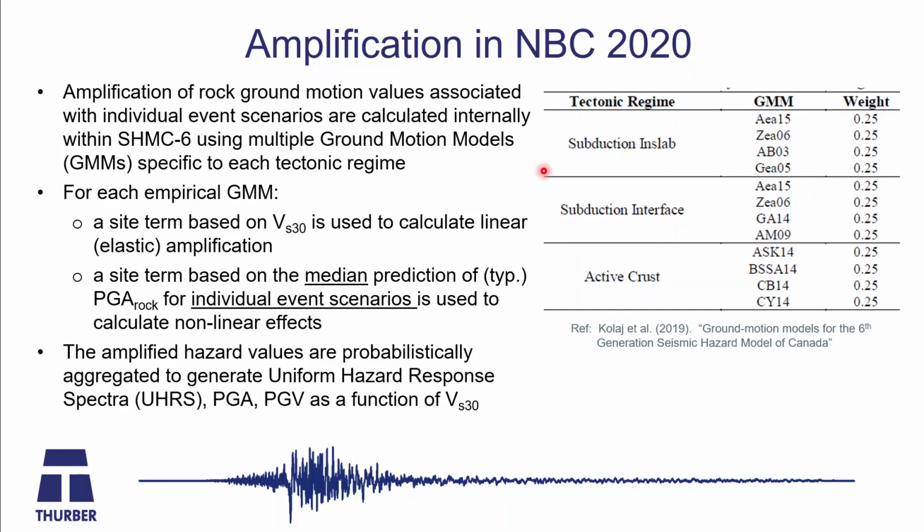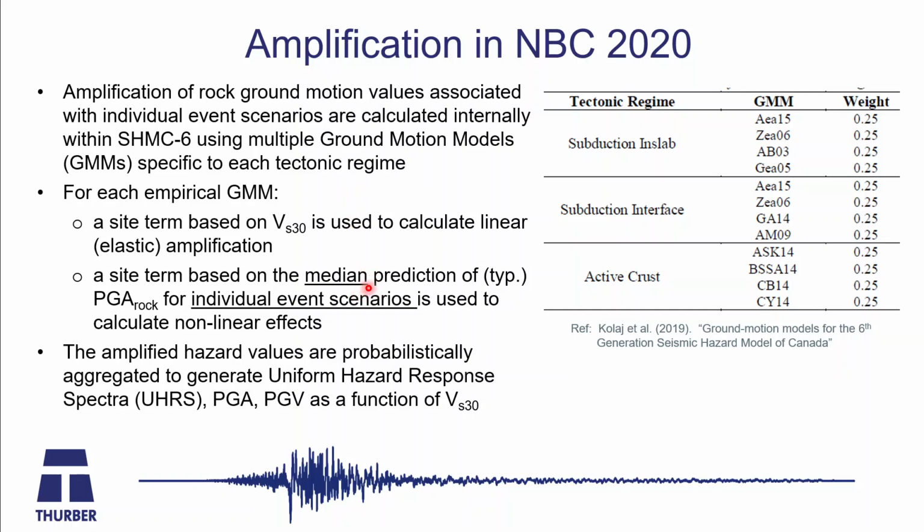For each of those GMMs, they have a site term that uses VS30 to estimate the linear amplification. This is like the elastic site response. And then another site term calculates the nonlinear modification of the linear amplification, which is based on the median prediction of PGA. Typically, for most of the ground motion models, the intensity measure that's used is PGA of rock, and it's the median prediction of that